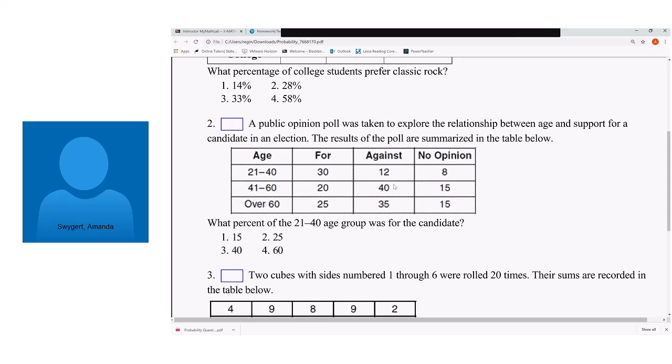So you're going to have a table of values or a table of data that was collected, and there's going to be tons and tons of questions that they could ask you about that, because they could be asking you about different categories. They could be asking you about different things from those categories, for, against, no opinion. So you really have to pay attention very closely to the wording of what they're asking you for, okay? But the concept, the process that you're going to take is going to be the same every time. What's your total? How many from that specific category? Write it as a fraction, and then change it into a decimal or percent if you need to. Okay? All right. Any questions with those?